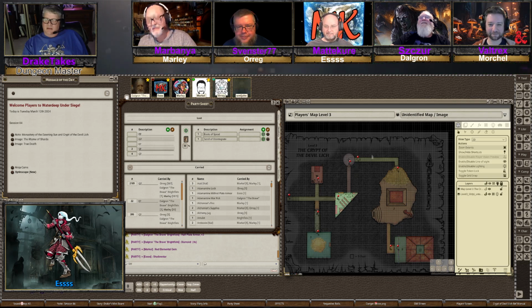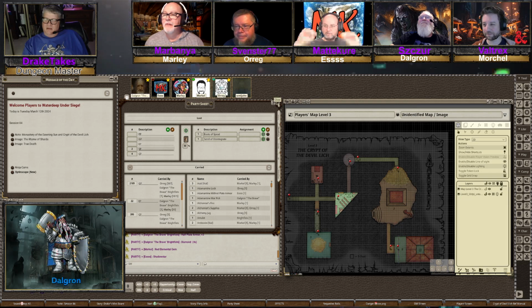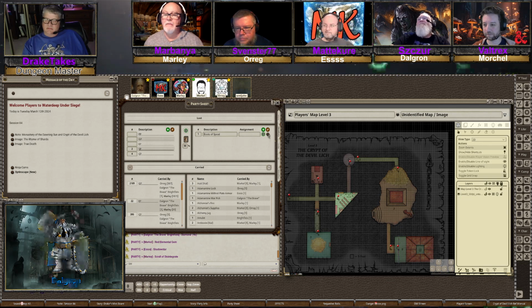Somebody want to hang on to the scroll even though none of us can cast it? Since it's wizard sorcerer only. Yeah, I'll throw it in the bag of stuff. I thought Marley was part wizard. No. No. Bard and rogue. So